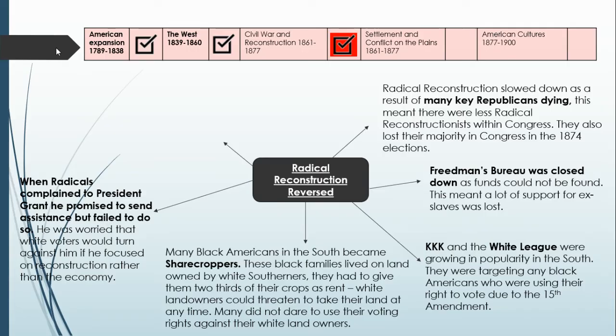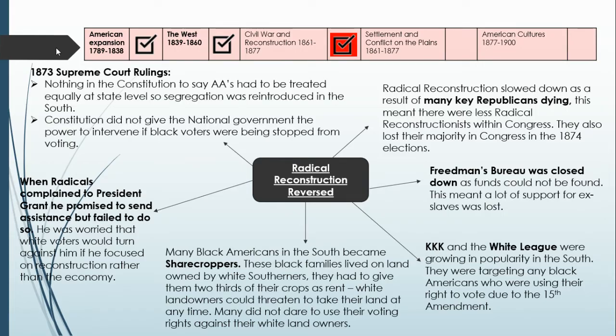He doesn't follow through with his promise. So he was worried that white voters would turn against him if he focused on Reconstruction rather than the economy. So he leaves African Americans really to their own devices, and this continues to see their position in society get worse. The final point that we have is in 1873 there were Supreme Court rulings,